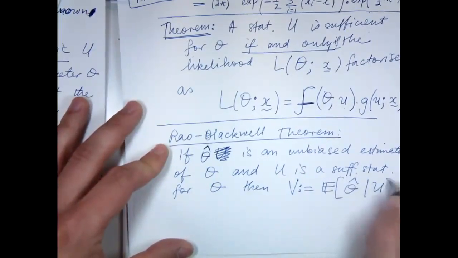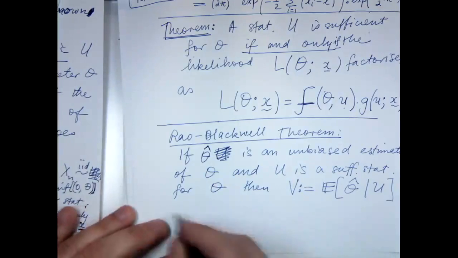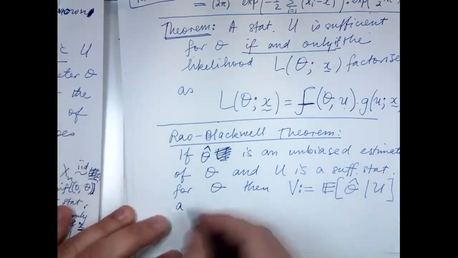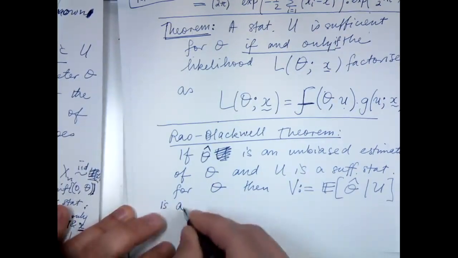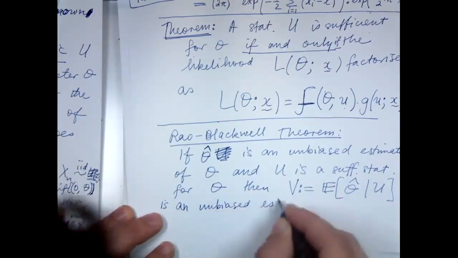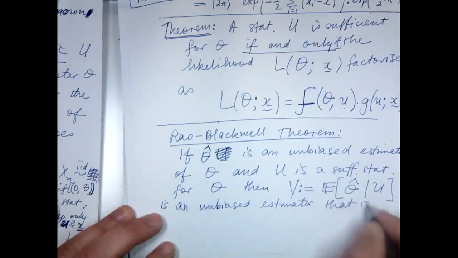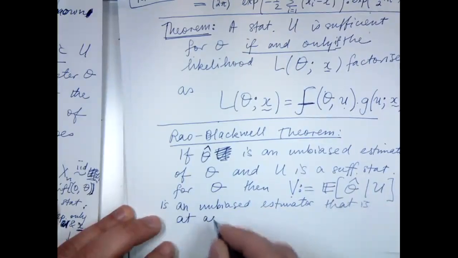Remember, sufficient statistics don't have to be unbiased. In fact, they don't have to be good estimators at all. They just have to summarize something. So although x bar is a sufficient statistic, n times x bar is also a sufficient statistic. Sufficient statistic is just about information. So V is an unbiased estimator that is at least as efficient